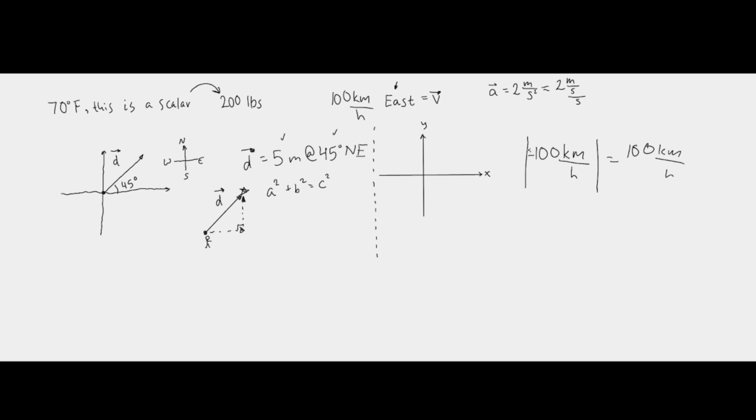So the magnitude of this scalar quantity is 100 kilometers per hour, whether or not it's positive or negative. Well, we have a special vector, and I'm going to introduce it now. It's called x hat. Now, the hat is kind of like a little arrow pointing upwards. It's to indicate, again, that this is a vector, just like this v was a vector and a was a vector. Well, x hat is a vector, and interestingly, the magnitude of this vector is 1,